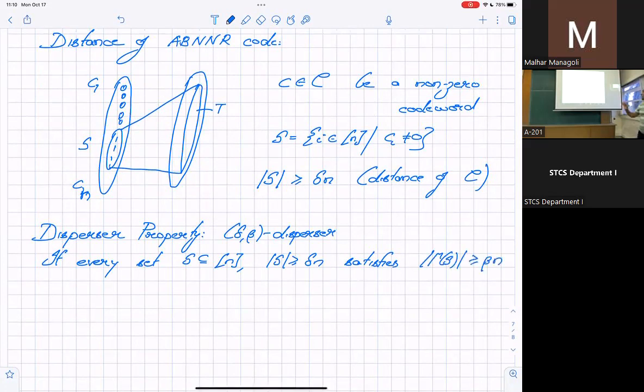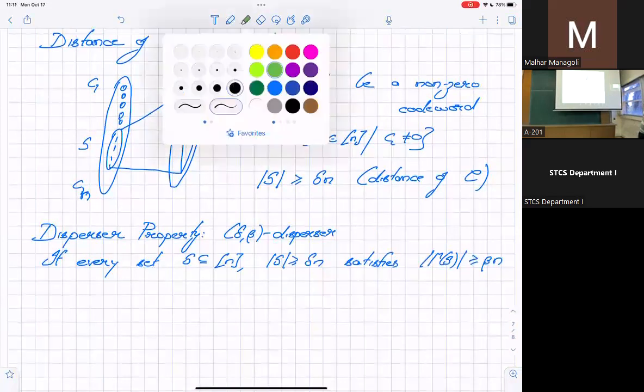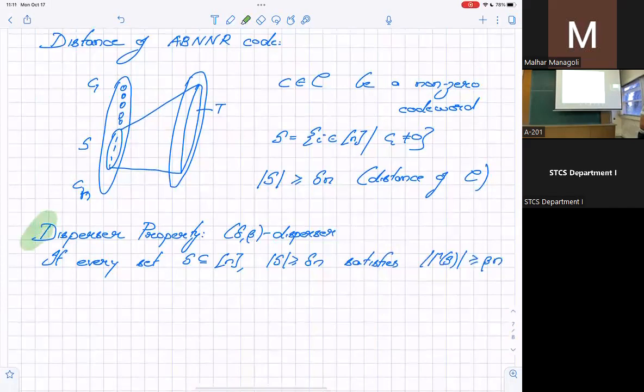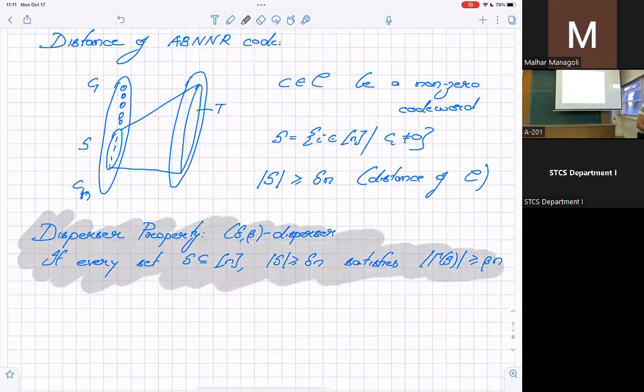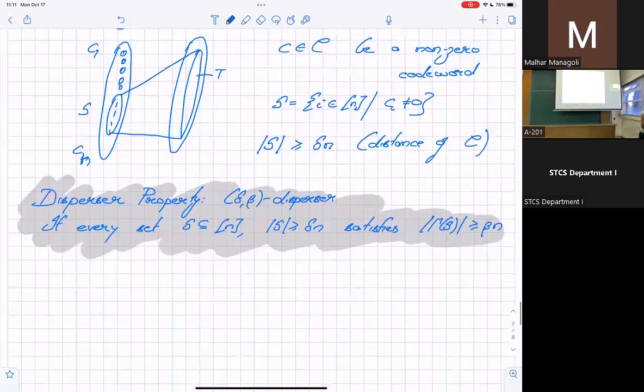Compared to that, yes. Therefore, this is sufficient if it's true for delta n size sets, because gamma of a larger one will only become larger. So if this property were true, then this property were true. So what I'm claiming is G is delta-beta dispersive